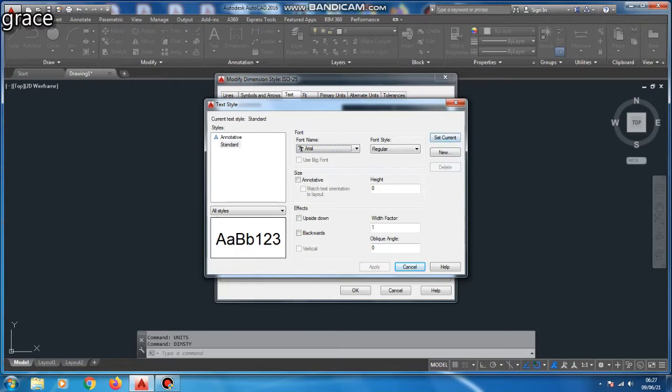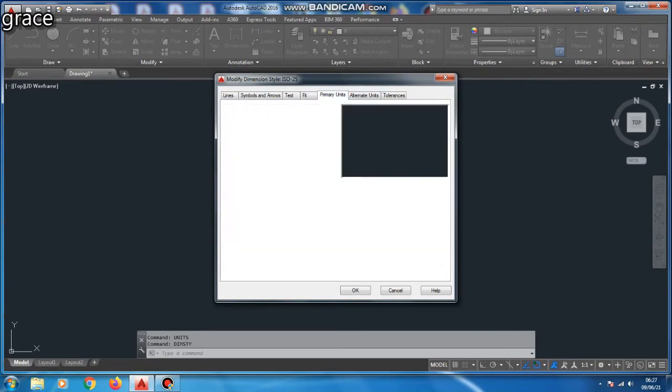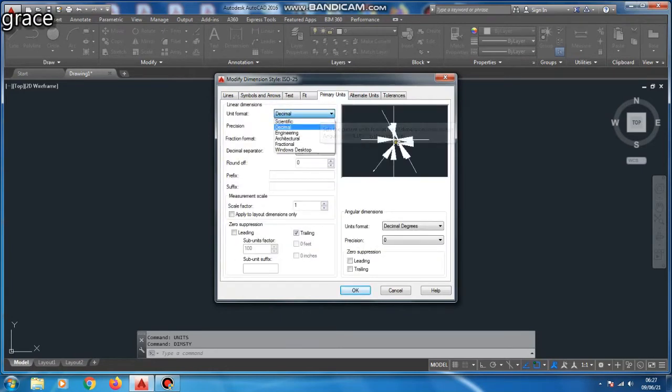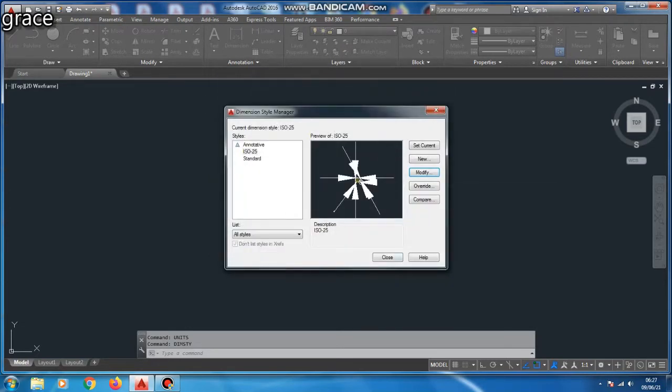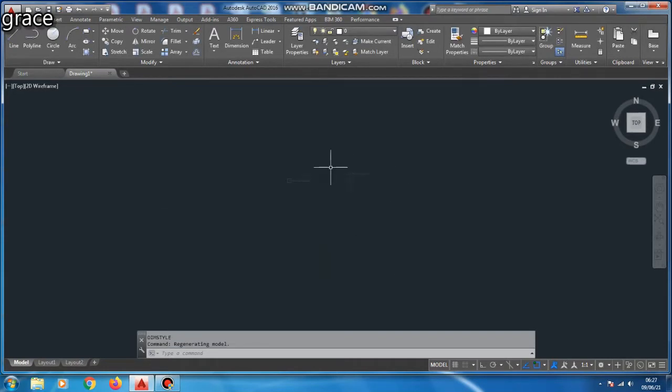Here I am using the standard type for our given diagram. Just fix decimal and precision 0, and set the unit, dimension and limits for our diagram.